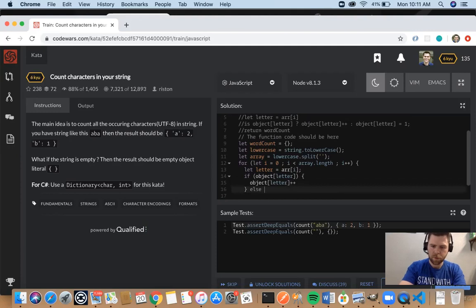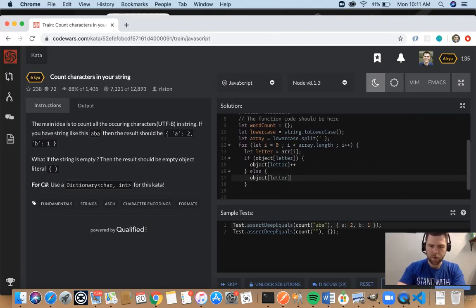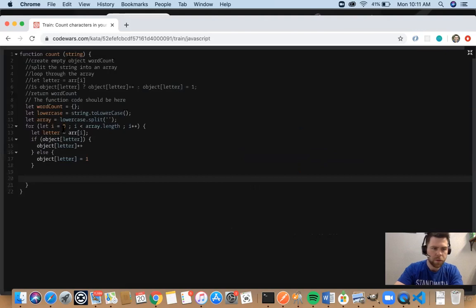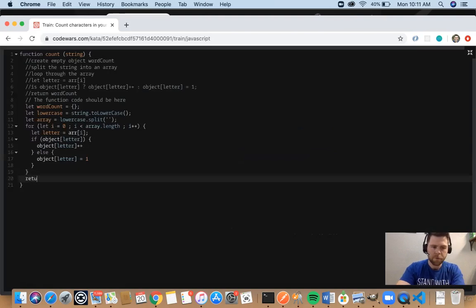Else, if it doesn't exist, object index letter equals 1. This is not very easy to read. So this should be the end of our loop. Return word count.